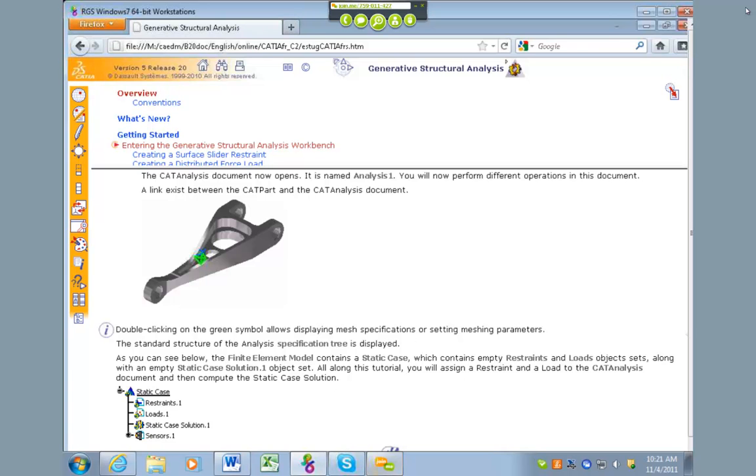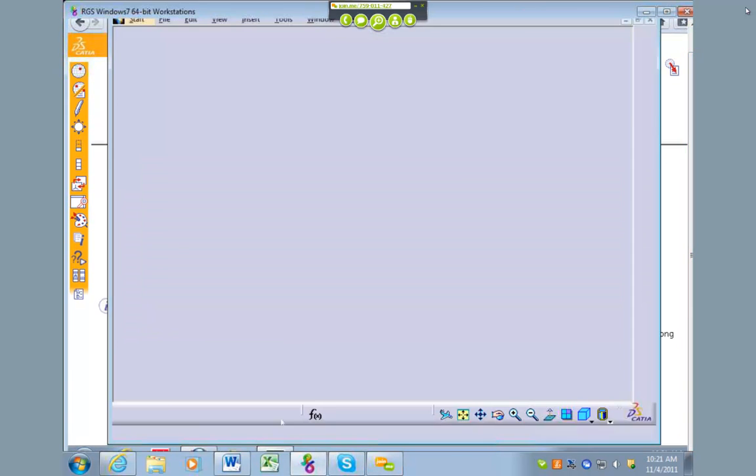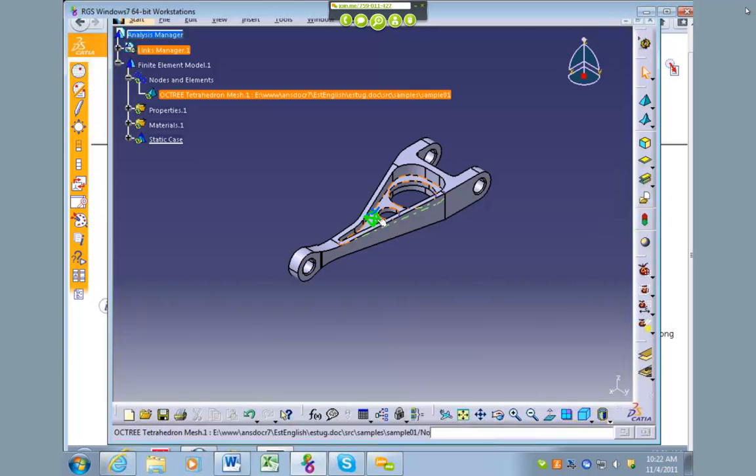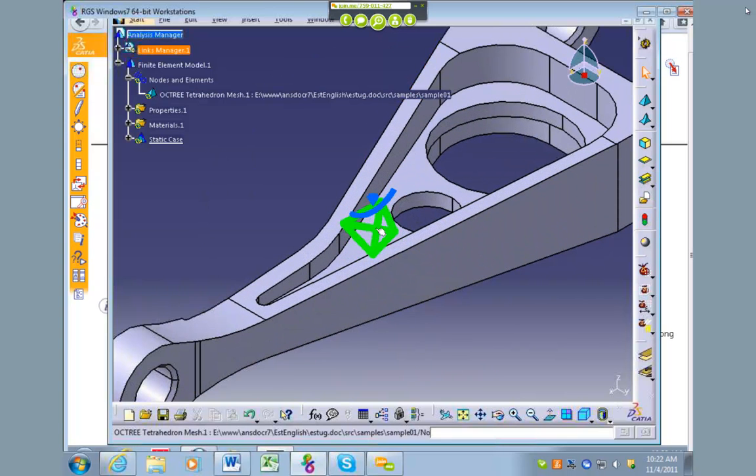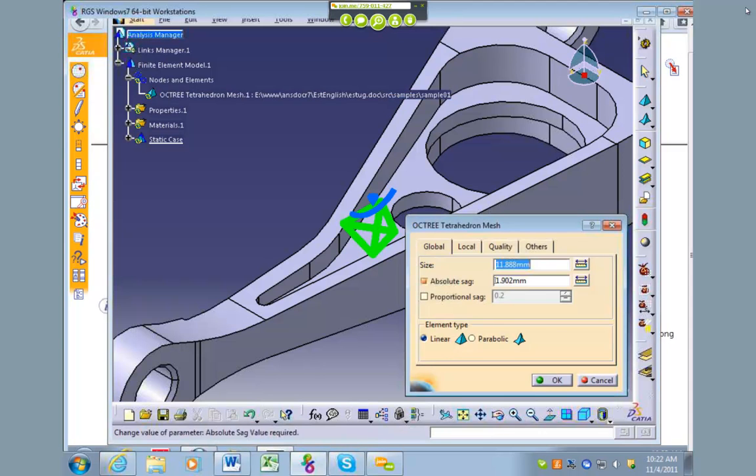So if you come back in here into CATIA, there's this green kind of unusual item here. If you double click on that, you can change the parameters of your mesh. So you can change the size of the mesh, the sag. You can, if I remember right, that's how many,